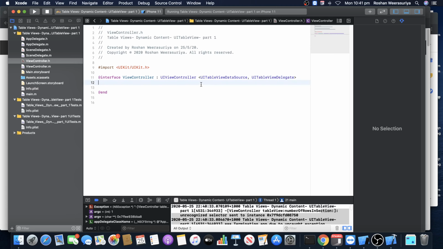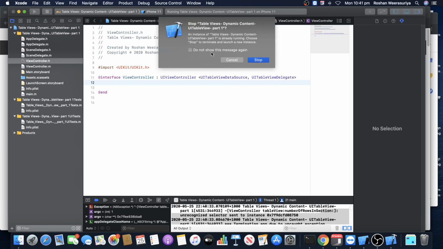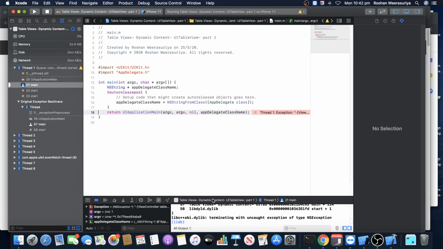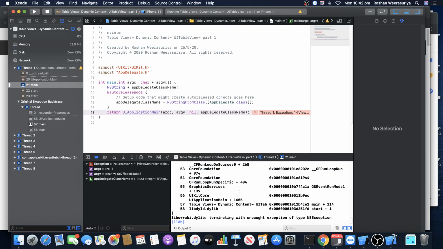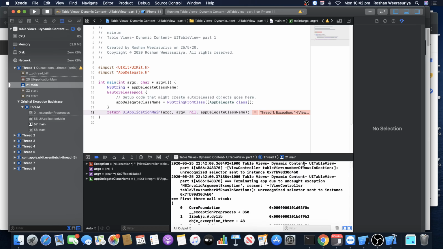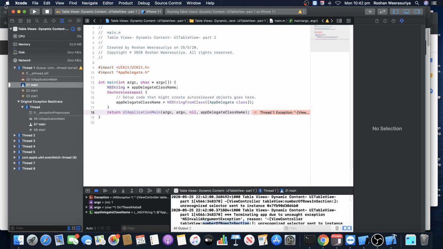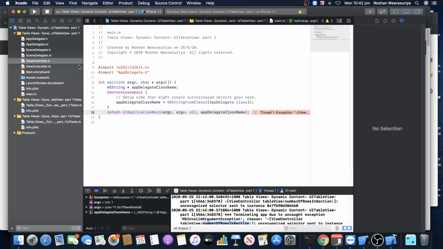Now let's try to compile and see what's going to happen, or let's try to run straight away. It says build succeeded, but when I run, let's see the errors. These are runtime errors. Once again, number of rows in section. So now you have to say how many rows are in the section. Not only that, you have to say how many sections there are. You remember our previous lessons in this series, so you have to do them in order, otherwise you will not understand this clearly. So what you do now is you